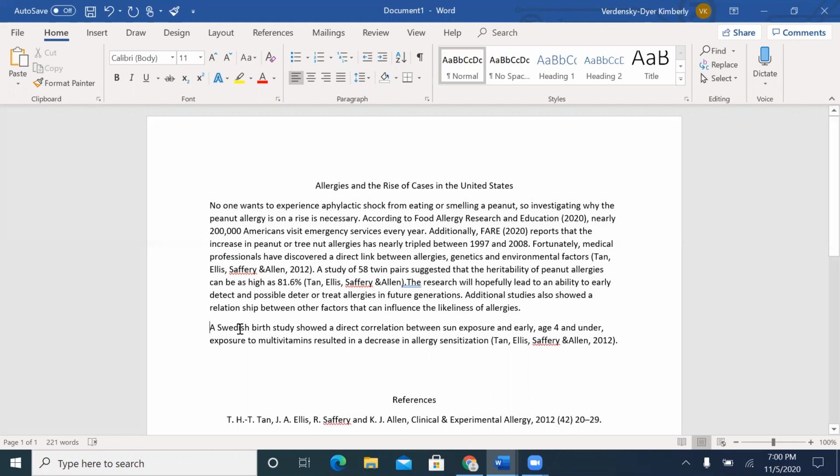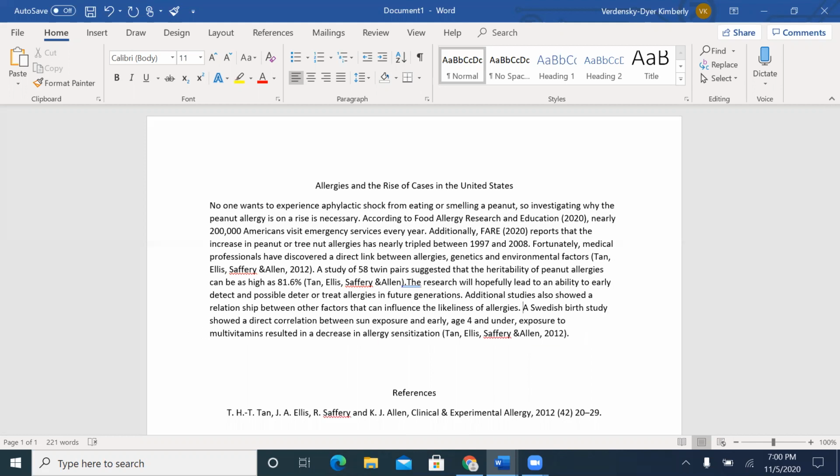I'm going to now bring this piece of evidence up. For example, a Swedish birth study showed a direct correlation between sun exposure and early exposure to multivitamins, which resulted in a